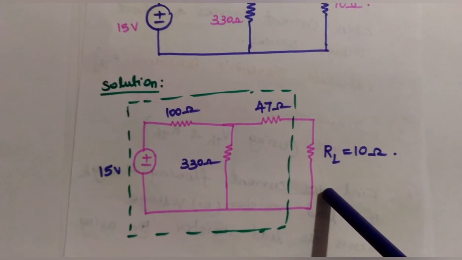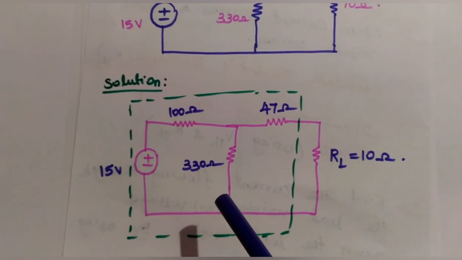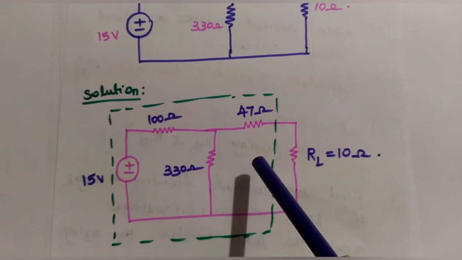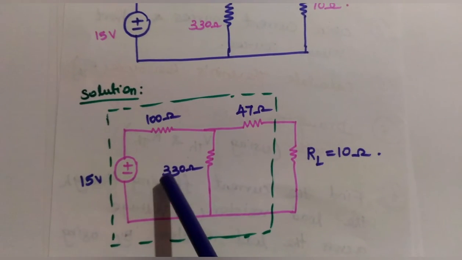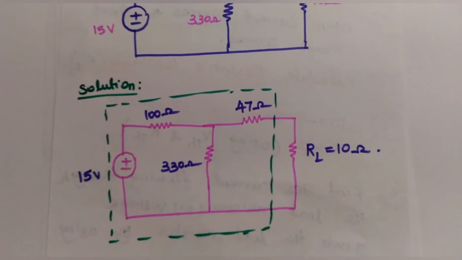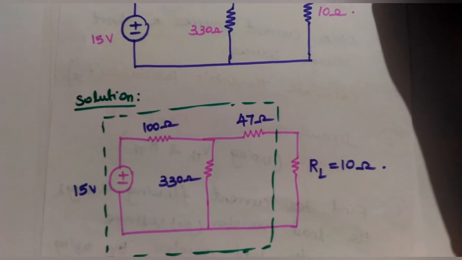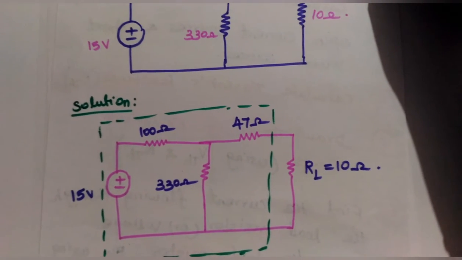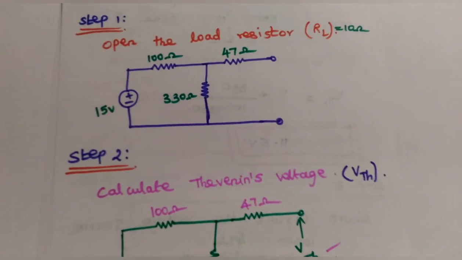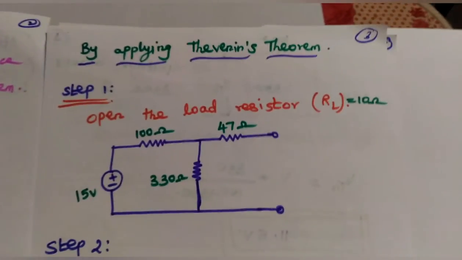Now in this network, the dotted line portion will be replaced by a Thevenin's equivalent circuit. Actually this circuit has one voltage source and three resistances. This is simplified into only one voltage source in series with only one resistance. That is called the Thevenin's equivalent circuit. Now let us see how to replace that complicated network with the Thevenin's equivalent circuit in a number of steps. In this original network, step 1 of applying Thevenin's theorem